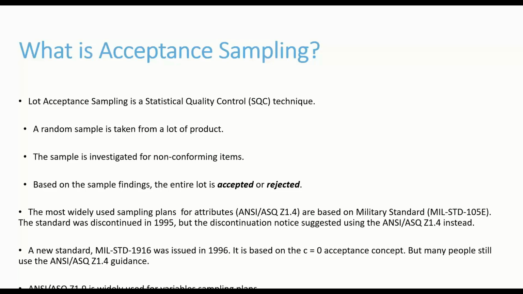So the Z1.4 is still widely used, but it's based on that 105E, and then that military standard, the 1916, is the same as the C0 sampling plan by Squiglia, Squeglia. I've never pronounced it right, and we'll look at that in a little bit. If you look up the Squiglia sampling plan, it's a pretty easy read, just a few pages,